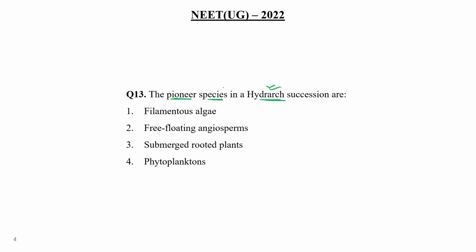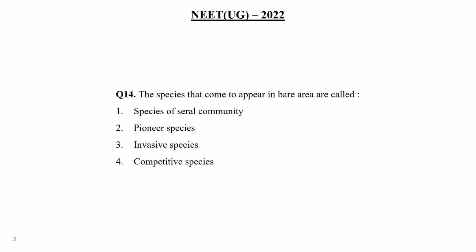So this question is related to that particular para, hydrarch succession. The pioneer species in this succession is phytoplankton, the smallest plants. Phytoplankton acts as a pioneer species in hydrarch succession, while in the case of bare rock, it is lichen. Clear? Okay. Question number 14, the species that come to appear in bare area are called